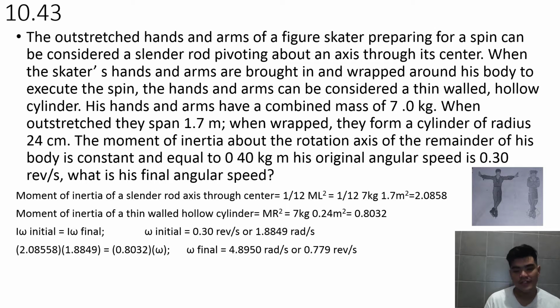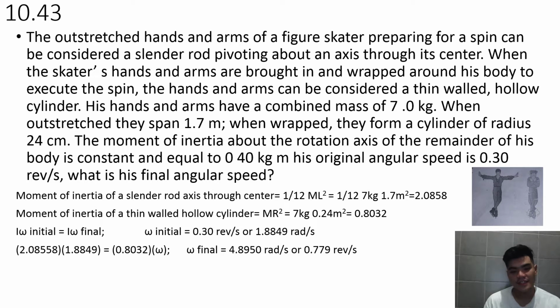So the mass of his arms and hands is 7 kilograms, and the radius is 0.24 meters squared, which equals 0.8032. And then his initial angular speed is given, which is 0.30 revs per second or